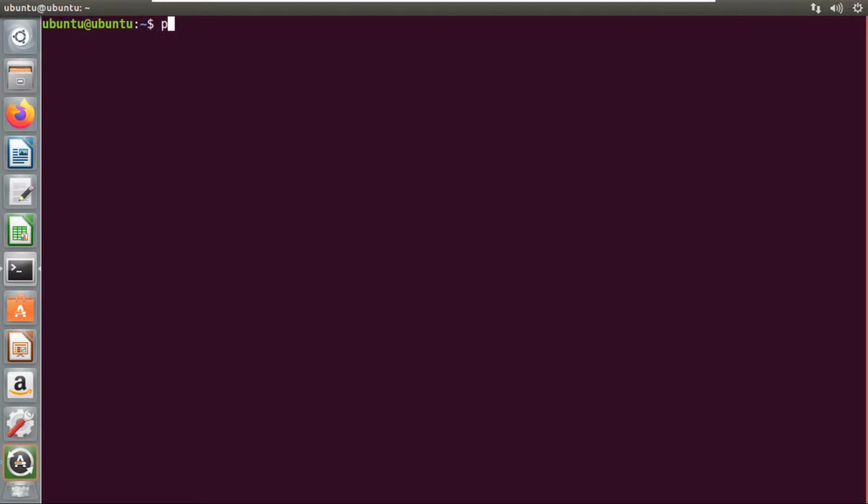So if I run the command as ps, I will get 4 columns. The first column, that is PID, gives the unique process ID of a process. The second column, that is TTY, is the terminal in which the user is logged in. The third is the time, that is the amount of cumulative CPU time the process is running in minutes and seconds.